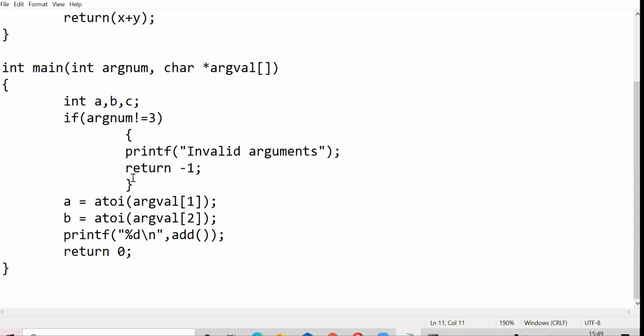Ma'am, for the logic of any question, the logic is always written while defining the function? Can you please come again? Ma'am, for a particular problem, I have a logic. So, ma'am, the logic is written in int main part or while defining the function only? See, that's totally up to you.